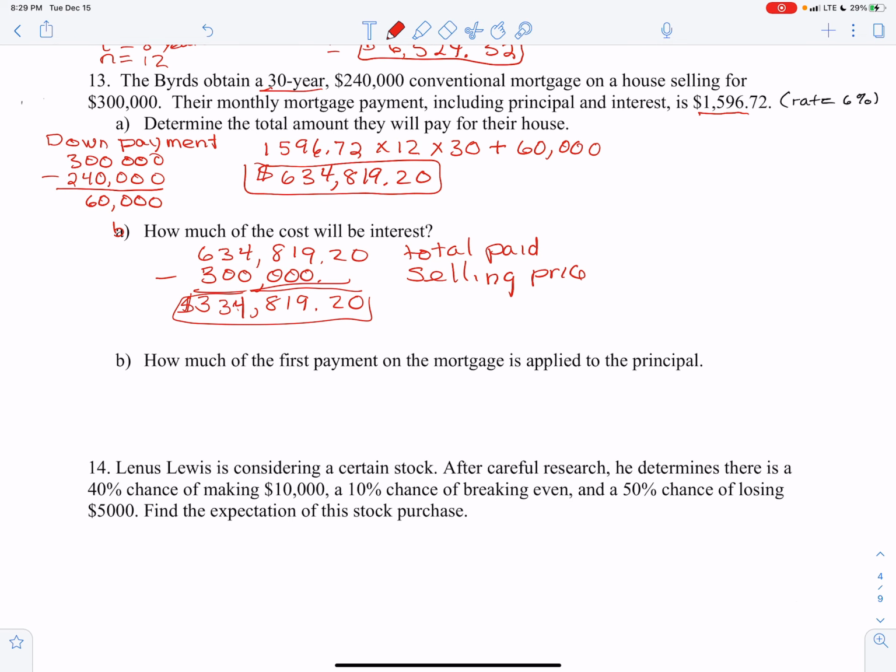Okay, how much of the first payment on the mortgage is applied to the principal? All right, well, the principal is the amount that they borrowed. They borrowed the $240,000. So when they go to make their first payment, they have to pay interest on that $240,000. They've used that for a month. They have to pay a month's worth of interest. So the first month's interest